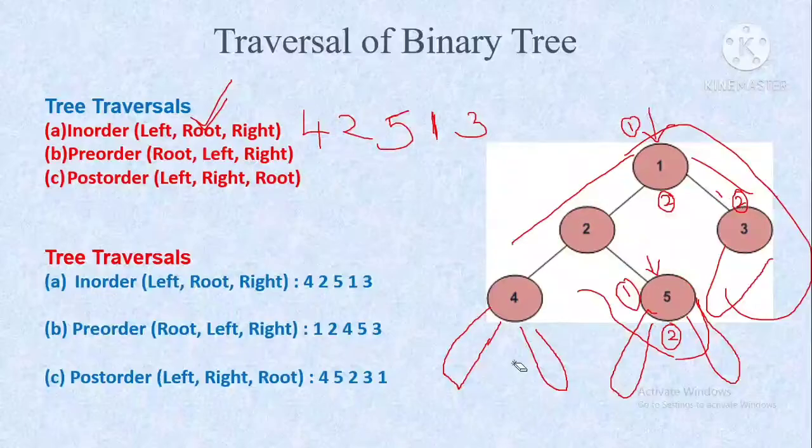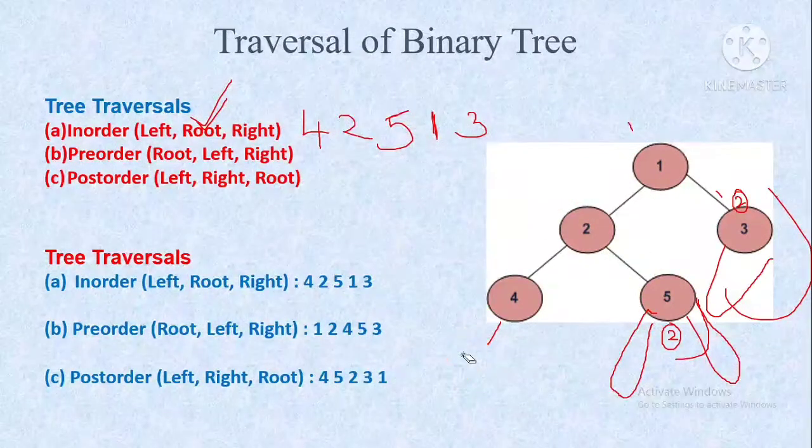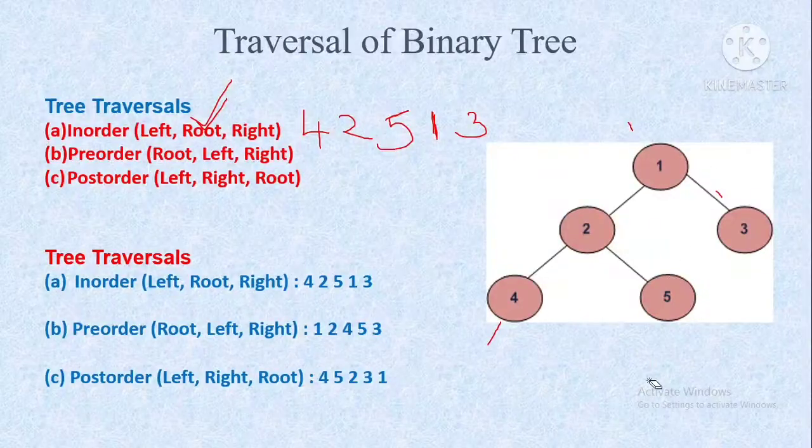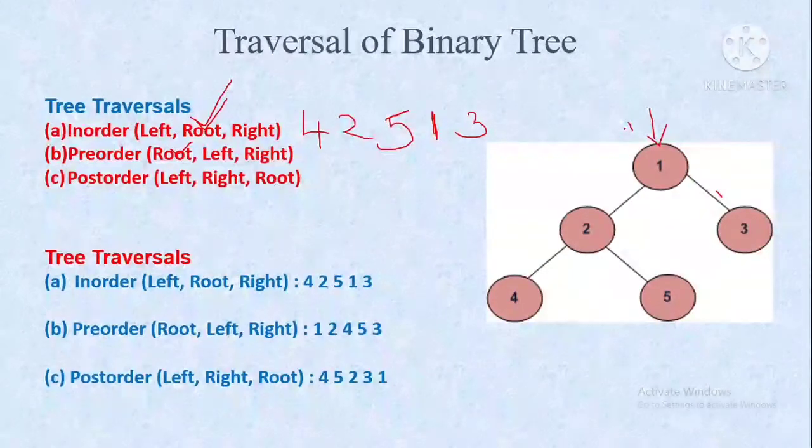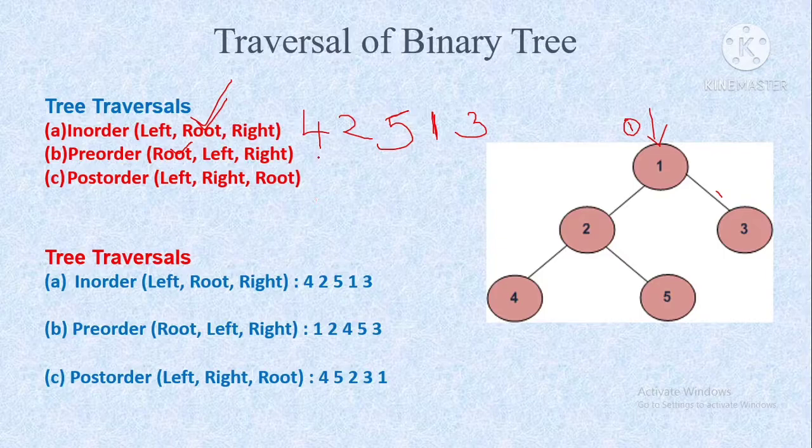Within a minute you can find out this order. Okay, the second method is preorder, it says root node comes first. That means whenever you visit this particular node for the first time, immediately you will write. You will land in this particular node, first time you are visiting, immediately write. From here you will move to this node and immediately you will write. When you move on to this node, immediately you will write.